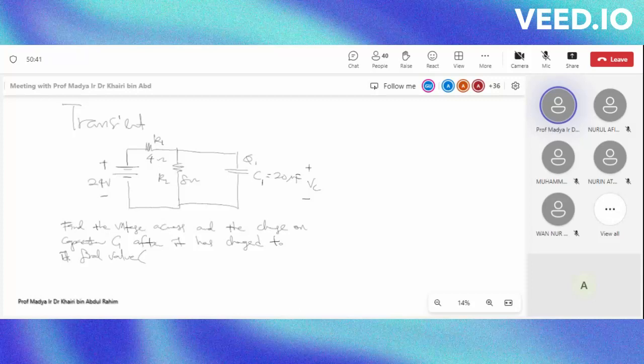So as per what we understand, this means time equals to 5 tau, which means it has reached steady state,